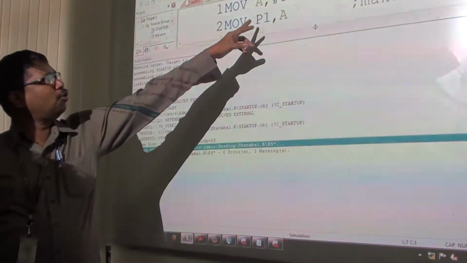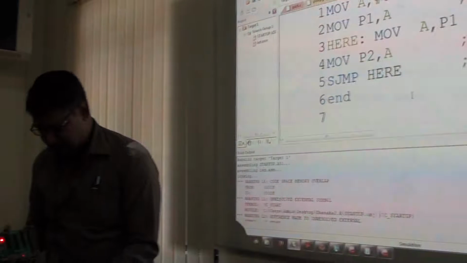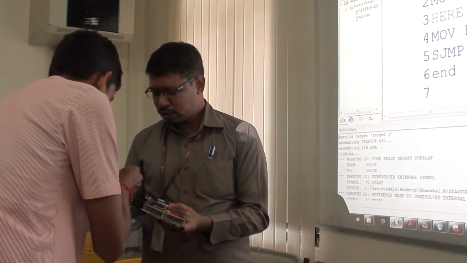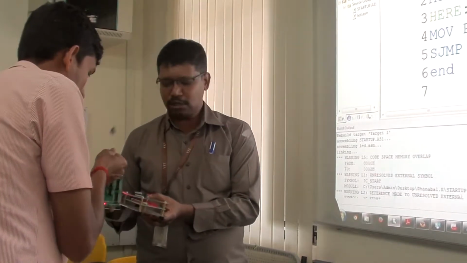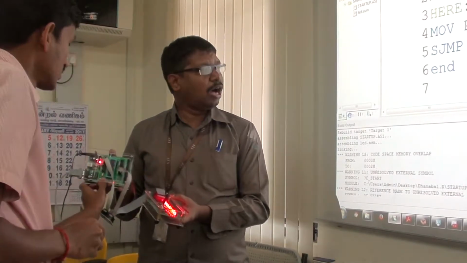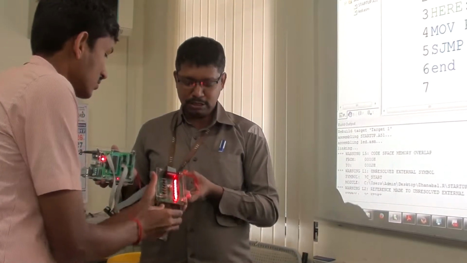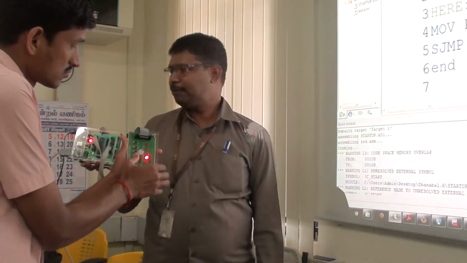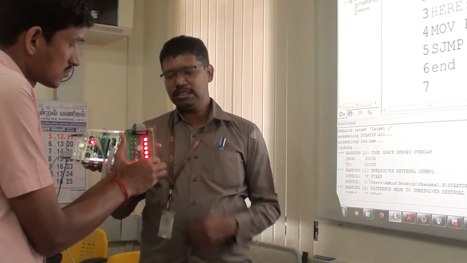We have to see that port 1 is going to act as an input. For that input we have to connect the switches. Okay, so you have to find out which is the switch. The switch has to be connected to port 1 and the LED has to be connected to port 2. After this, for execution you have to reset it again. If you reset it again, you can modify based on the inputs. When the input is 0, the LED is off. When the input is 1, the LED is high. That's it. Okay. So this is for this particular program.